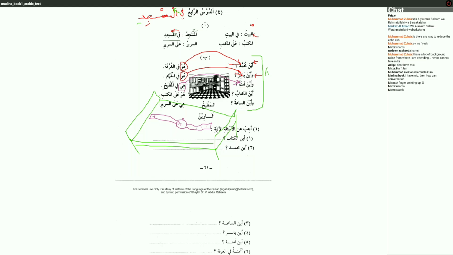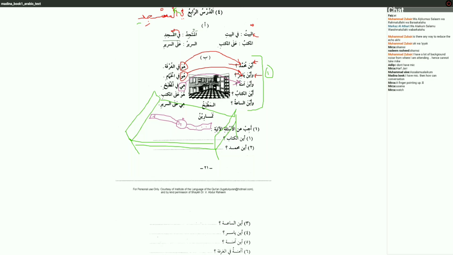That's the first homework. The second homework, my dear brothers, is to answer these questions: اجب عن الأسئلة الآتية. These questions you have to write down. The answers must be written. أين الكتاب؟ Tell me, what will the answer be, brother Junaid? You have to read the dialogue and get me the answer. هو على المكتب. So in this place you write هو على المكتب. Good? Then question 2, أين محمد؟